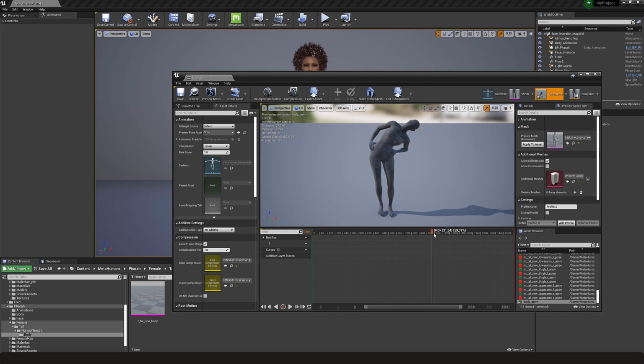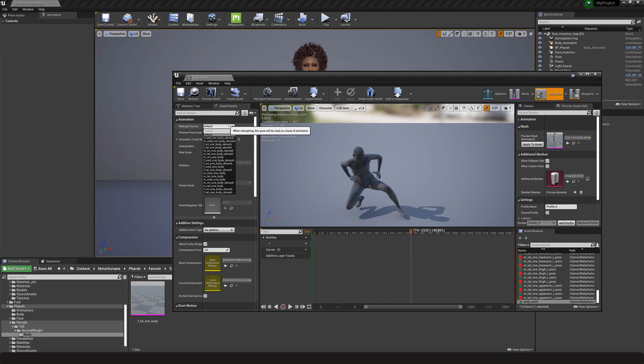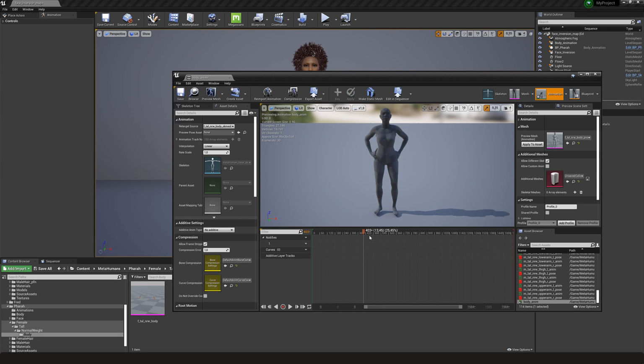As you can see here, the animation is floating, the legs are floating, and it doesn't look exactly as we had in Maya. This is because we need to tell the engine which skeleton we exported this animation from. So I choose as well the body type that I exported my MetaHuman from, and everything should match.